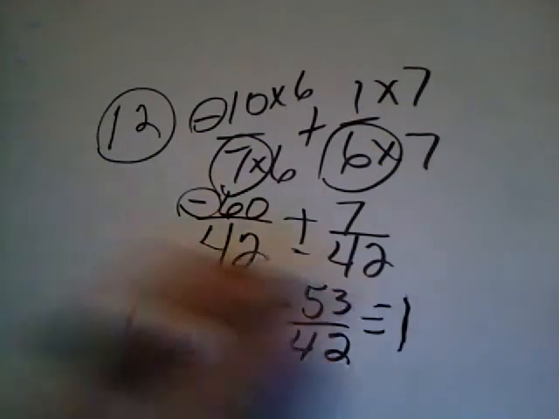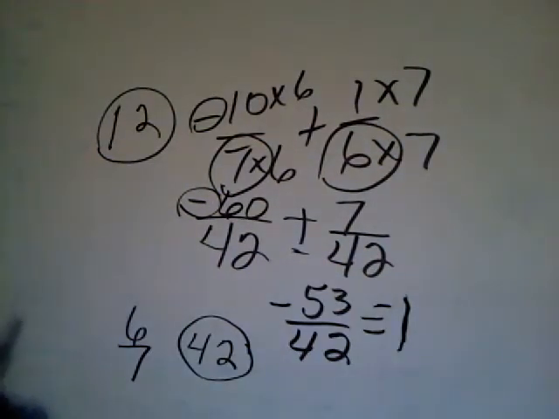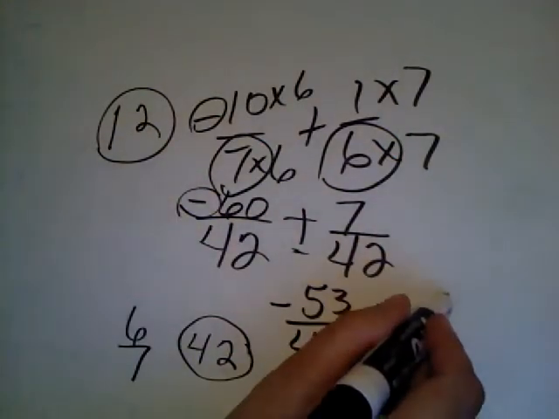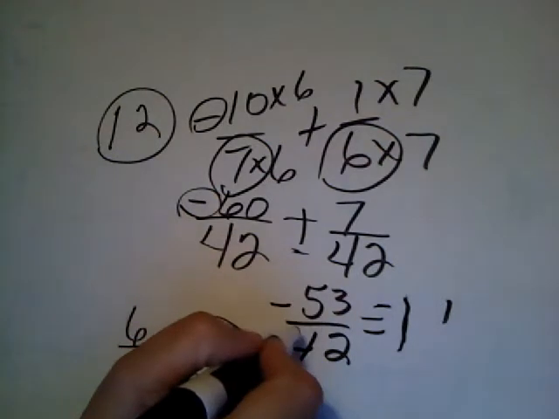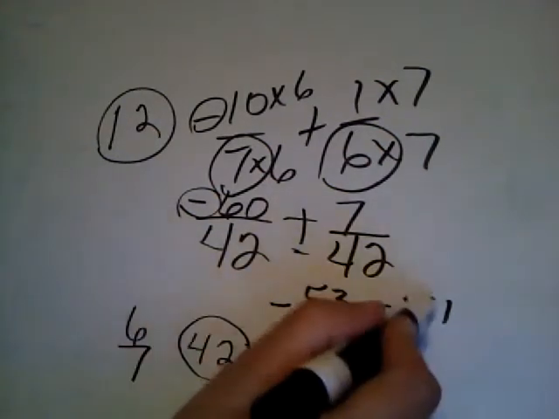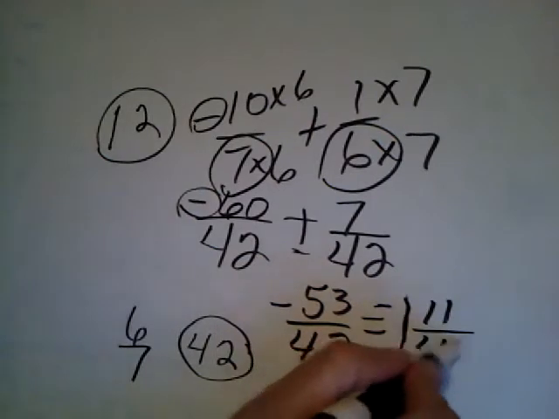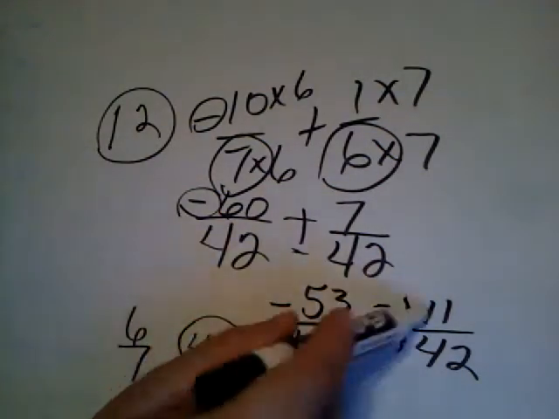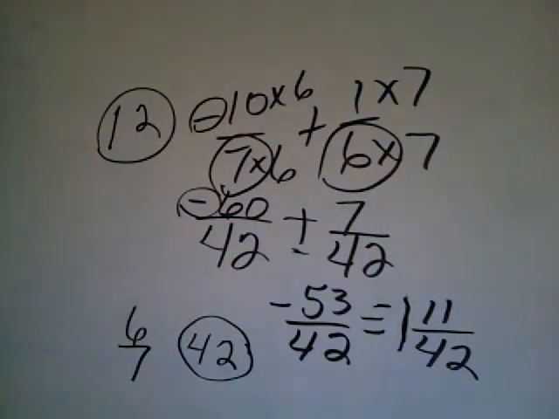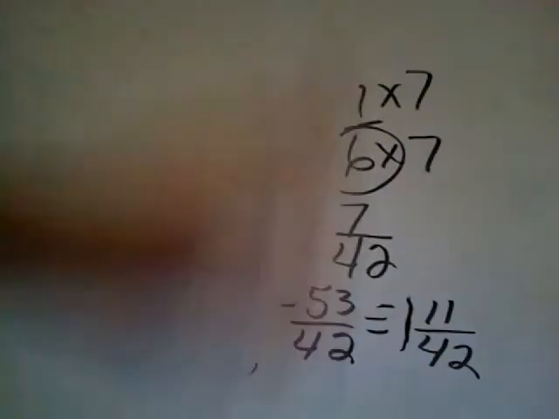Let's don't lose that negative sign. Then how many would be left over? So that would be 1 and 11 over 42. How many 42's can I get out of 53? 1 with 11 left over. Okay, let's look at number